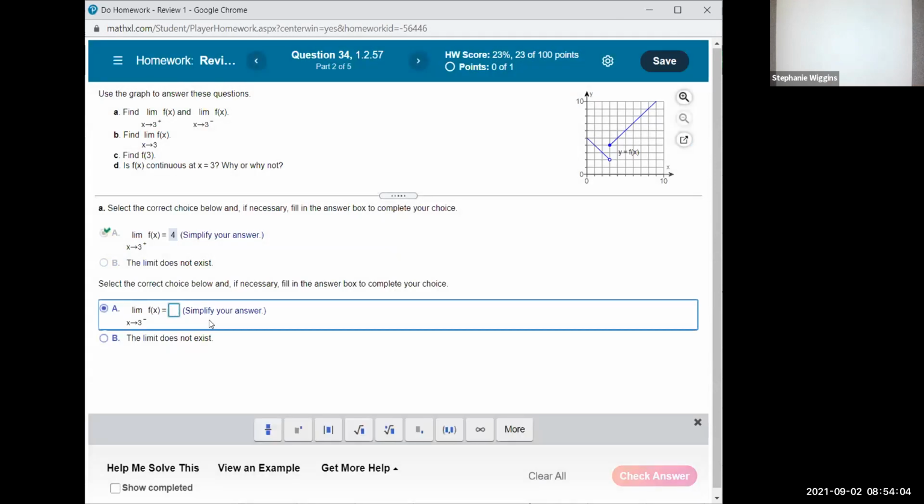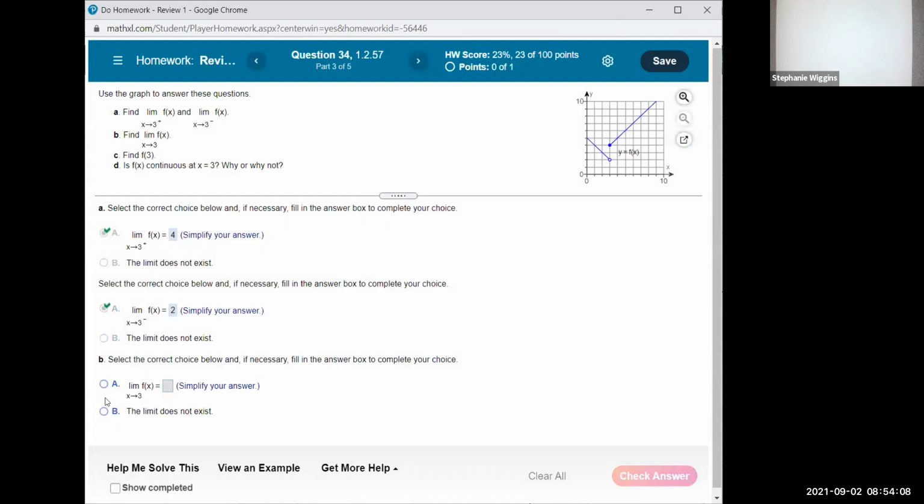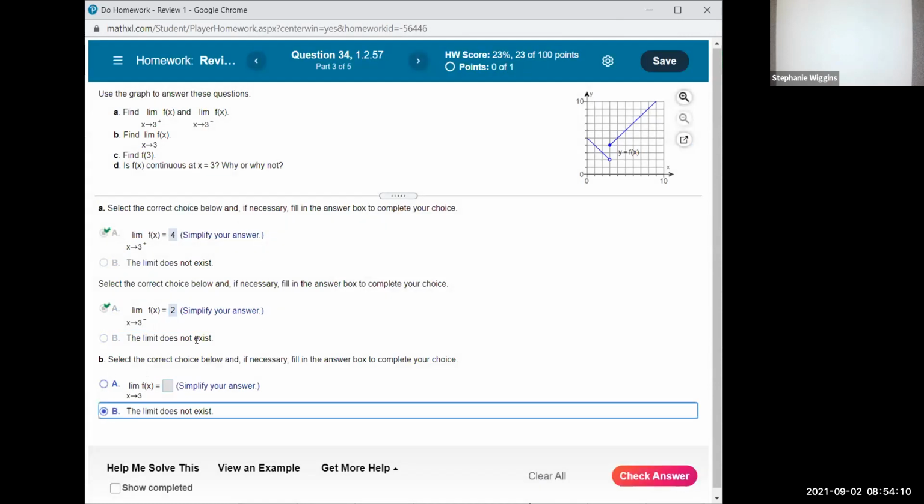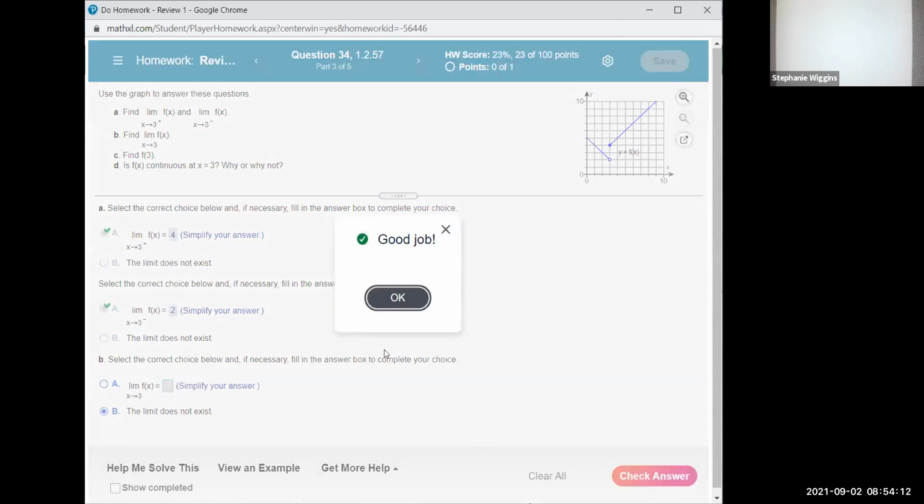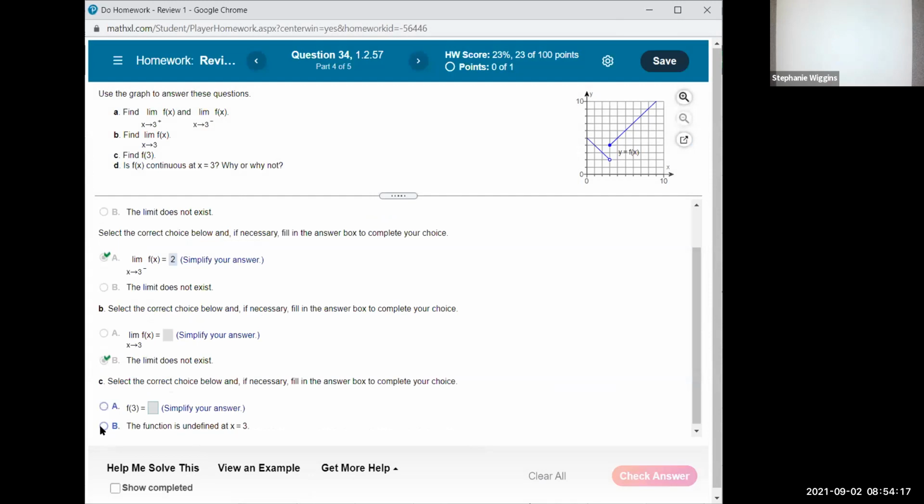Left-hand limit was 2. Therefore, the limit does not exist because they don't match. And therefore, it's not continuous. Okay. The function. Oh,